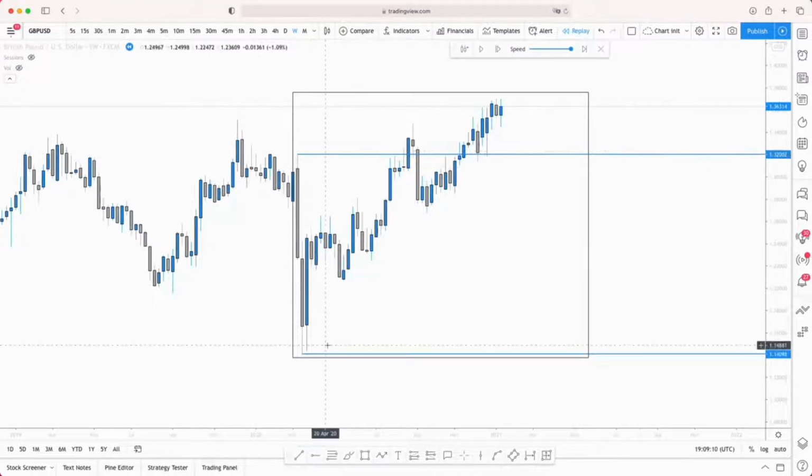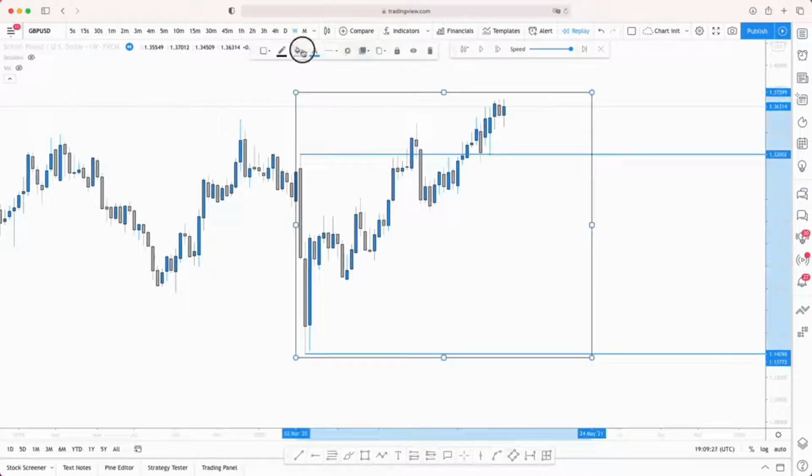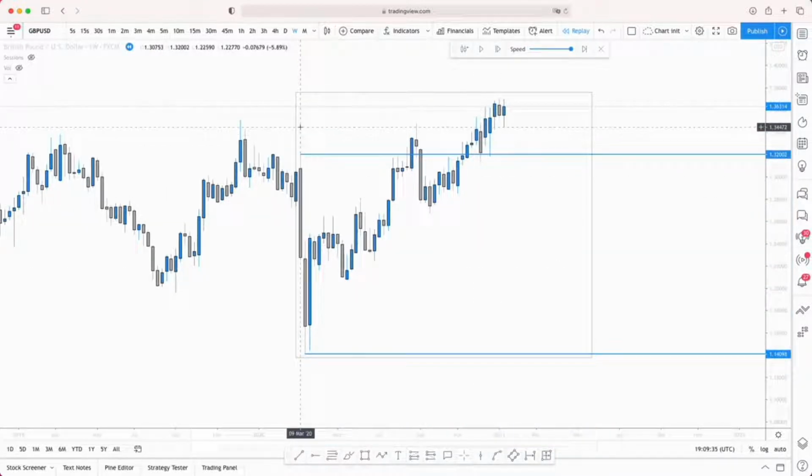Okay, that's clear, right? We've got a clear high and a clear low. Although we're having breaks of structure, we're not going to move our highs and lows until this is broken. When you mark your highs and lows, this is known as a range, and that is going to be our trading range. Let me just make this a little bit lighter. There we go. So that is going to be our high and low, and this is our